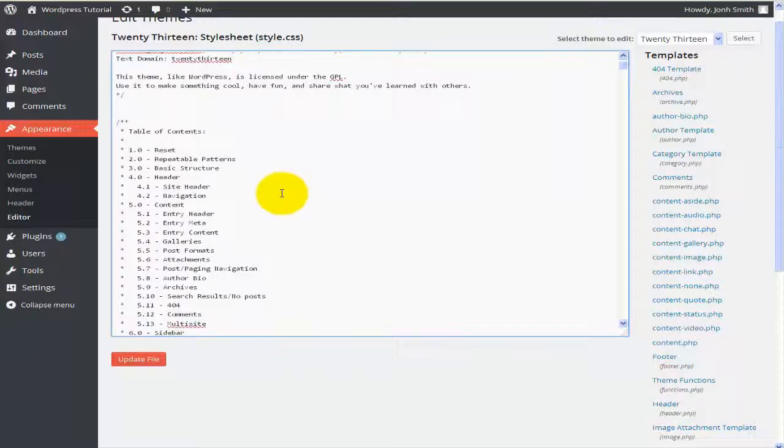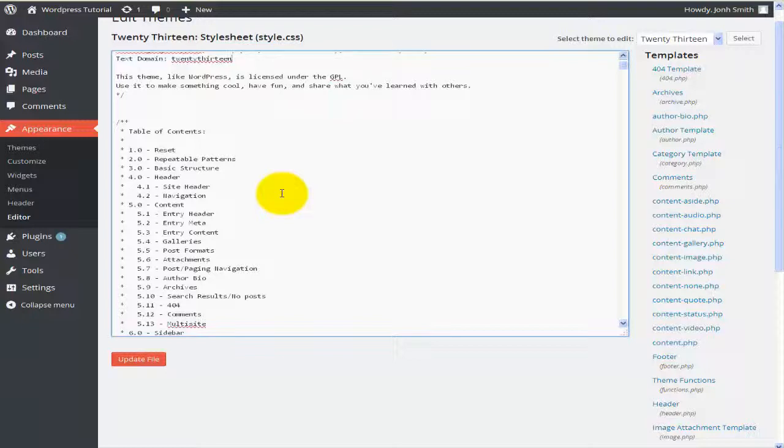We have seen how to apply new themes and to customize those themes to meet our desired needs, and change the header. In this particular case, for this particular theme, we had the option to change the header image. Then we looked at the widgets, how to add the widgets at the two possible locations for this particular theme. So there was the footer or the sidebar. We have seen how to edit those widgets, how to give them some proper titles, and then we had